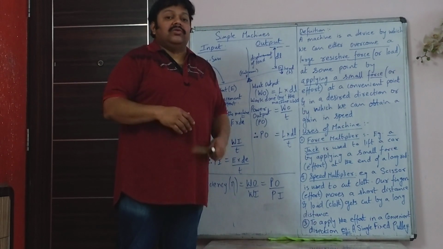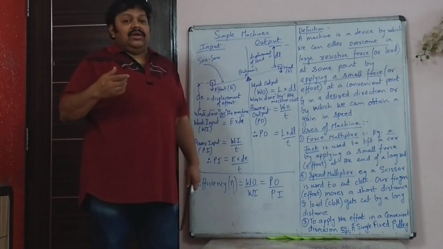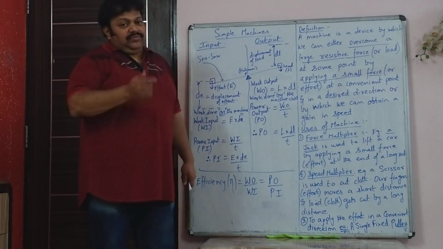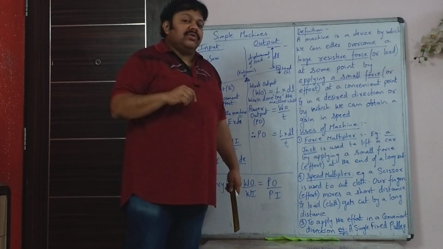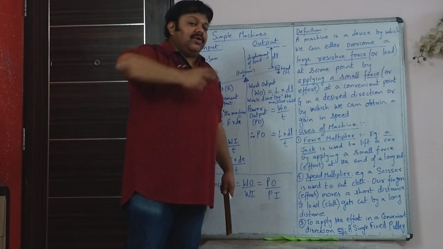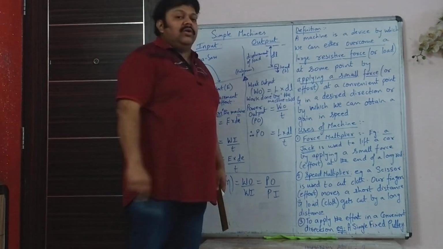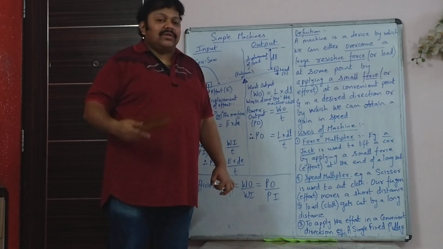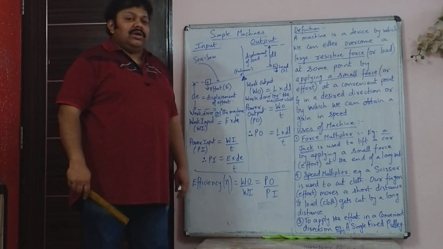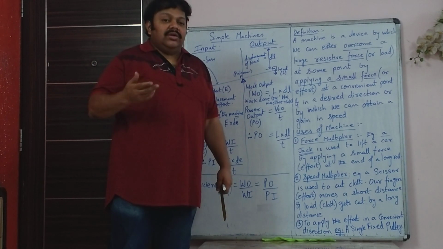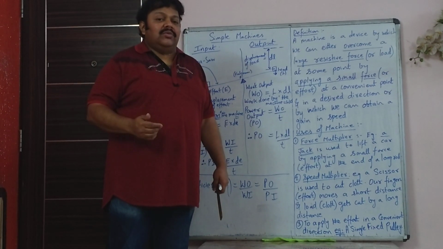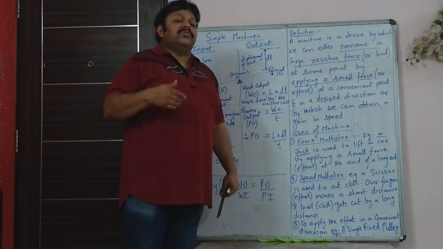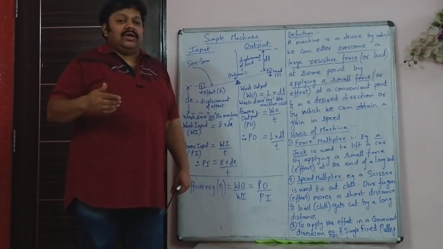You are not using it to gain force. The reason is that you don't require a lot of force to cut a cloth or to cut paper. So those machines in which a small distance of the effort cuts through a large distance of the load are known as speed multipliers. Of course, we will see more examples of force multipliers, speed multipliers, etc. when we learn the first type of machine that we have in our syllabus, that is levers, and the second type of machine which we have in our syllabus, that is pulley. So levers and pulley are there in our syllabus.